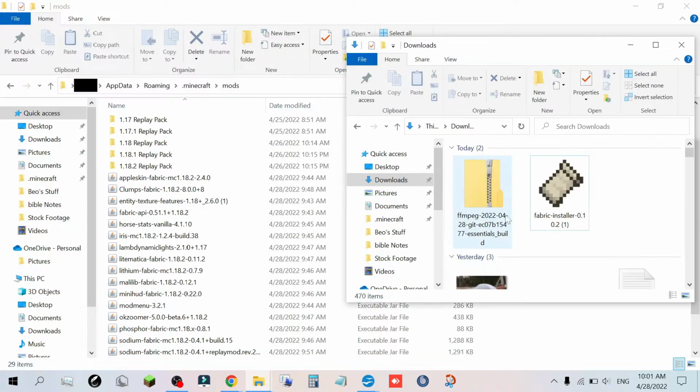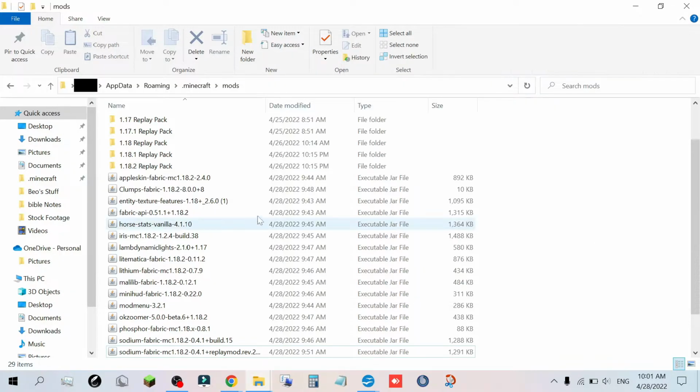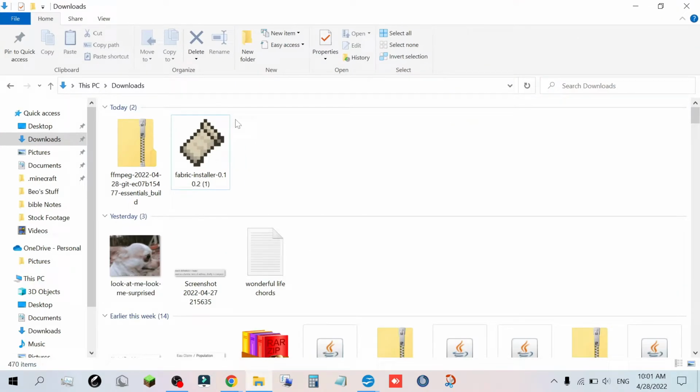Now remember, for Mac users, you're also going to have to download a different build of FFmpeg. You're going to have to download the Mac build, not the Windows build. But now, if you've dragged everything over, then all you're going to have to do now is go back to your downloads page, and